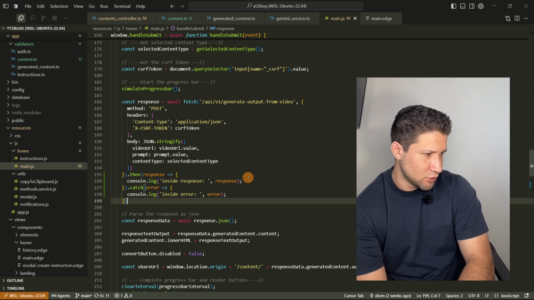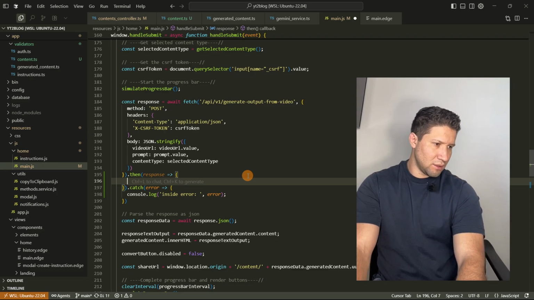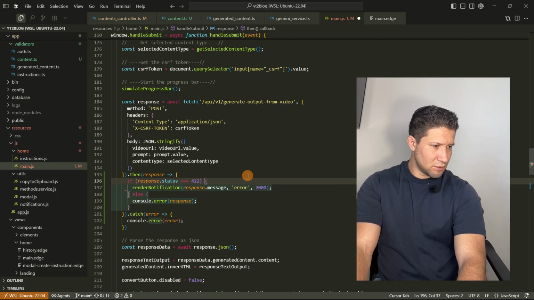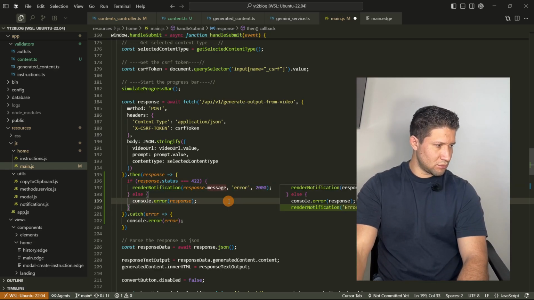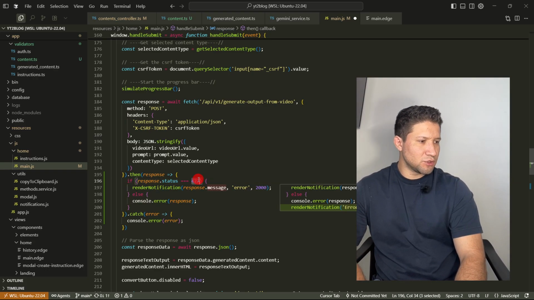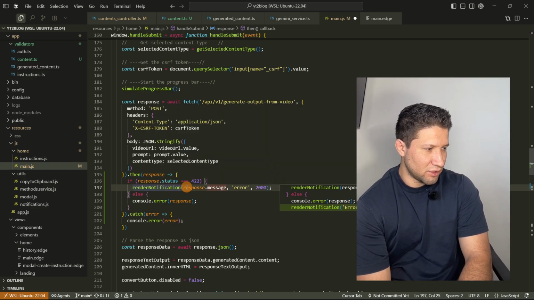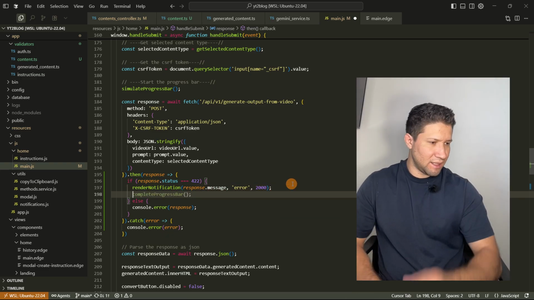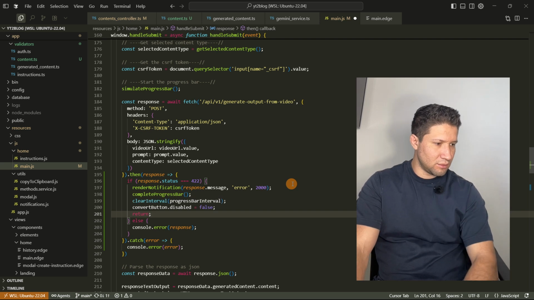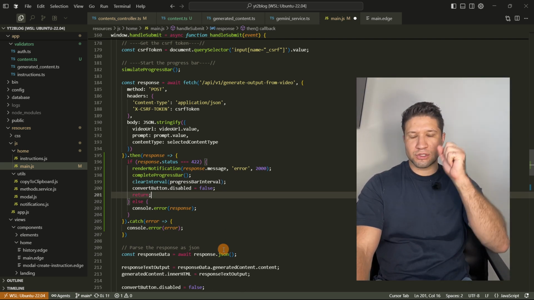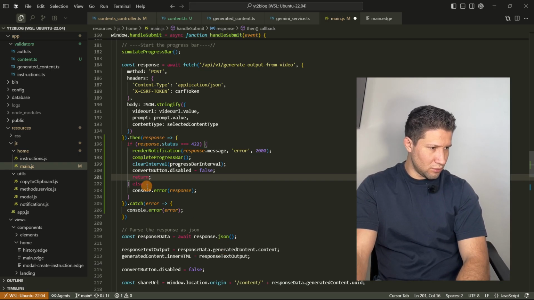So now what we can do is in here make something like this. If the status code is 422 of this request, let's render the notification and let's close everything, like complete curl, like this. Like let's close the request in the front end. Okay,